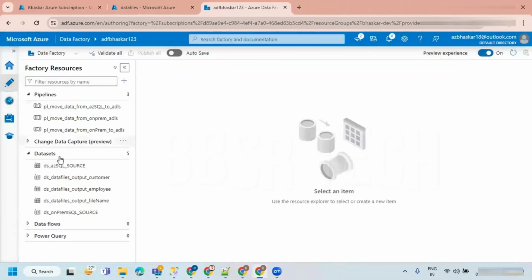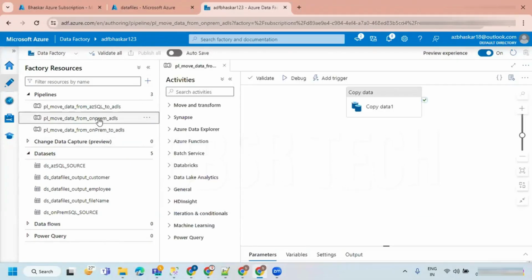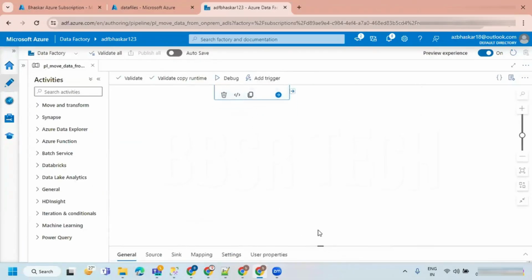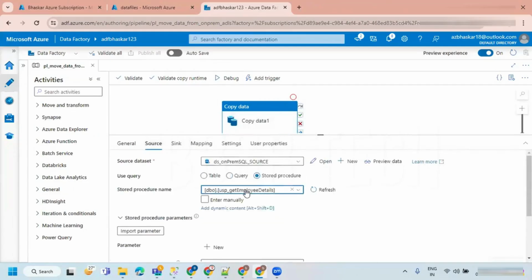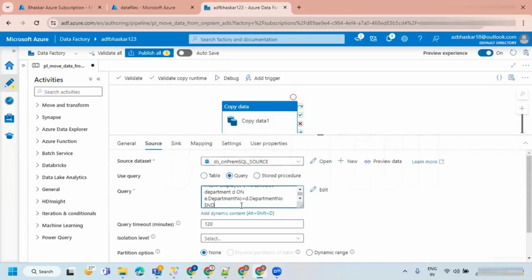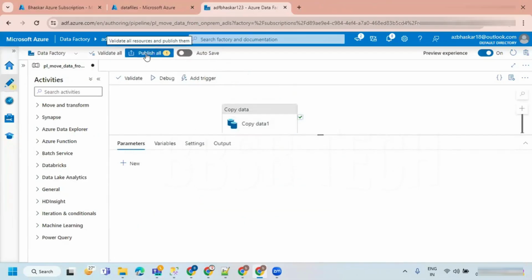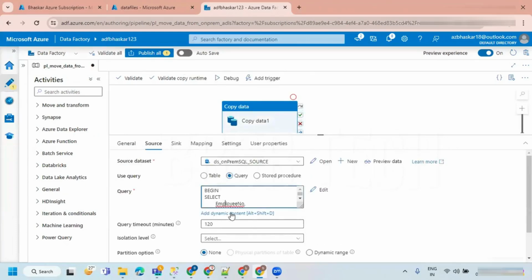I'll reopen the one from on-prem to ADLS. So stored procedure is there. If I go with the query, I cannot change anything. This query is fixed.